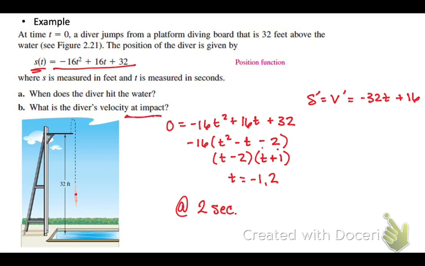Well, impact was at 2 seconds. So I plug in 2. That would be negative 64 plus 16, which is negative 48 feet per second. It's a little fast, isn't it? That's pretty fast. Is that why it hurts if you don't